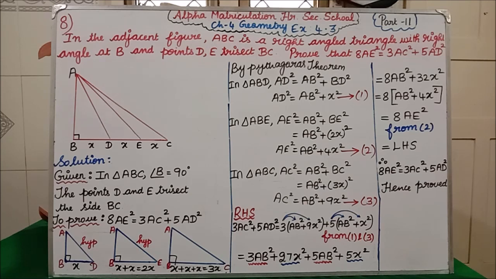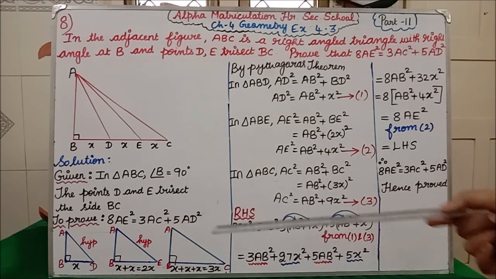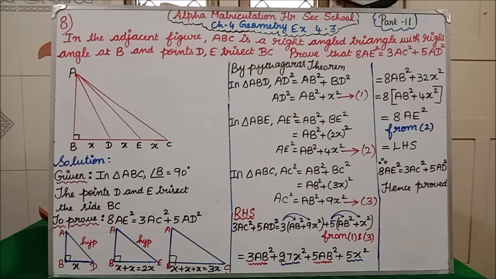So in triangle ABD, what is the hypotenuse side here? AD side. So AD square is equal to AB square plus BD square. Clear students? AD square value we don't know, AB square value we don't know. So you write both as such. BD, the baseline you know, that is x. So substitute that, x square. And mark that as equation 1. Clear? Now first triangle is over. Then come to the next triangle.